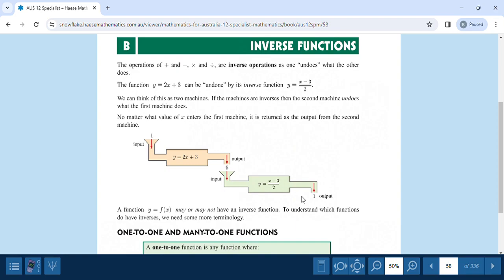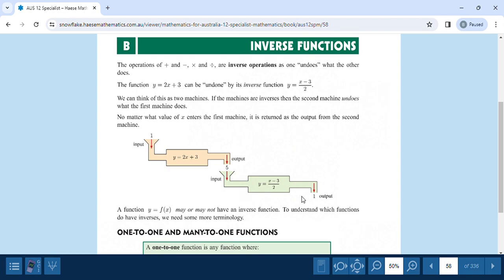The operations of plus and minus, times and divide, are inverse operations, as one undoes what the other does. So if you've got times 2 and then divide by 2, if you do that to any number, you're going to get back to your original number. So it's a similar concept with